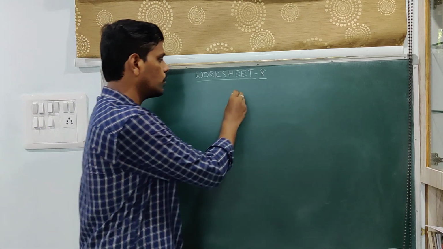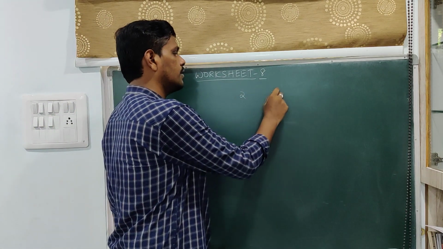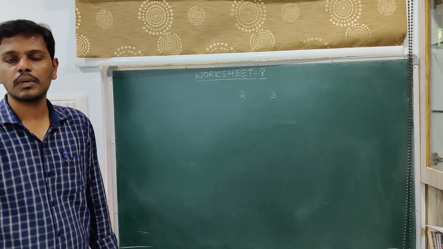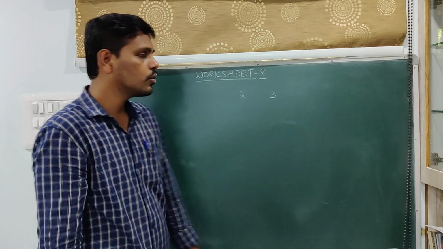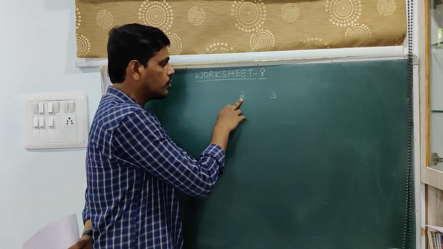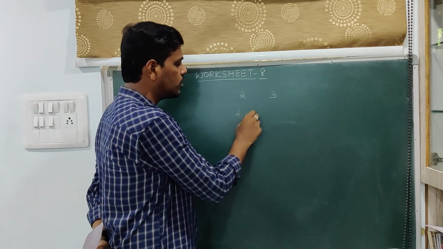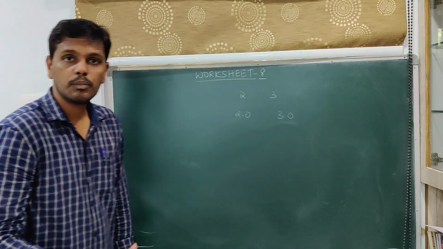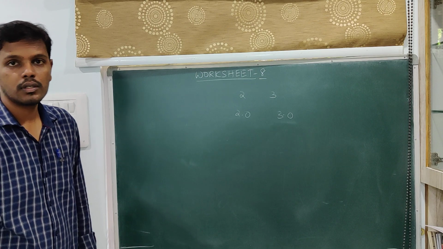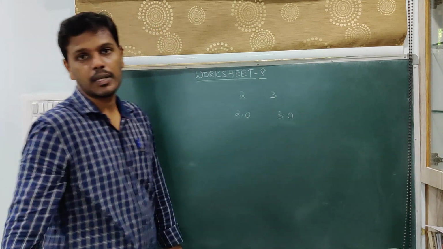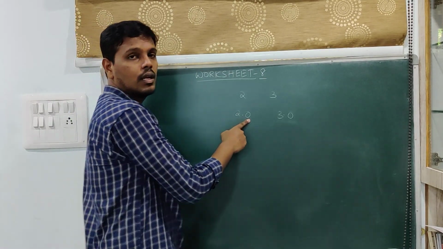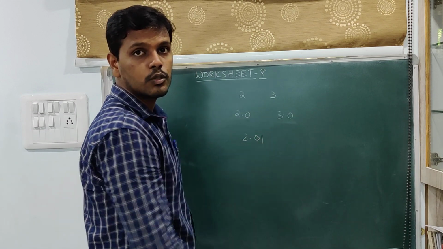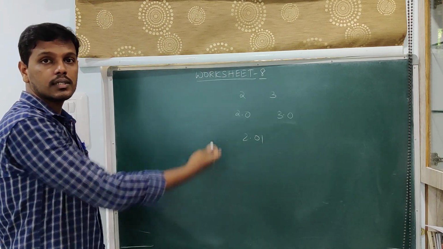So suppose you have two numbers, 2 and 3. Now if you want to write a terminating decimal or any kind of decimal number between 2 and 3, what you do is, whenever you are given 2, you can assume that as 2.0 and you can assume 3 as 3.0. Now when you want numbers between 2.0 and 3.0, you extend one decimal place. Here you have only one decimal, extend one more. For example, 2.01. 2.01 lies between 2.0 and 3.0. That is a terminating decimal.